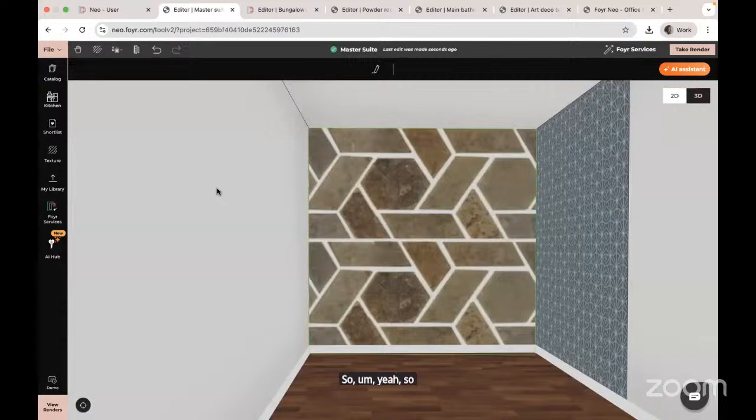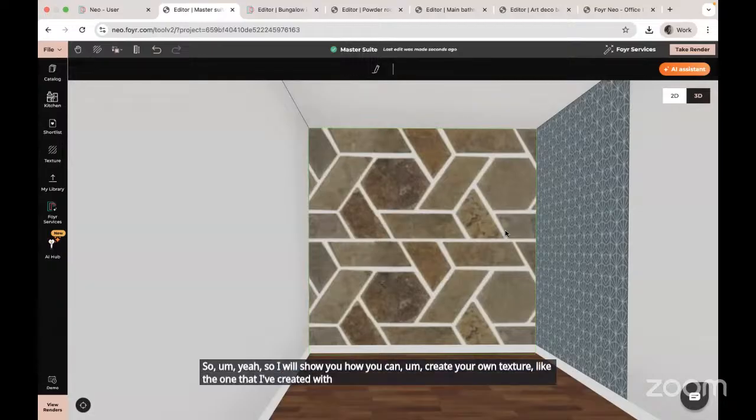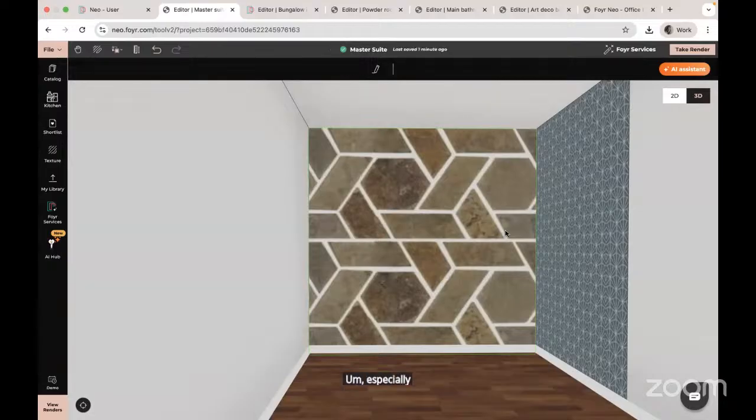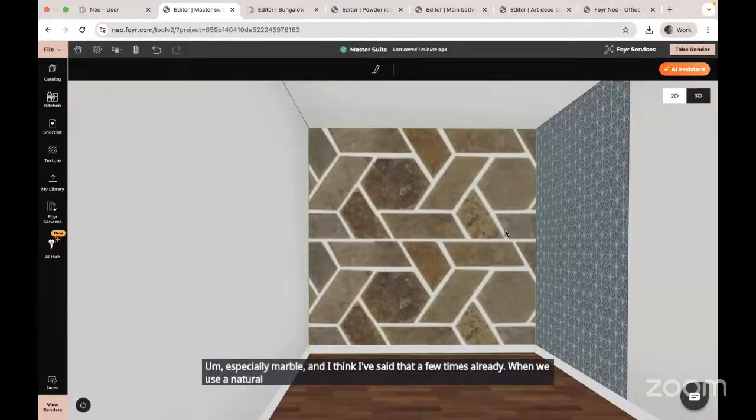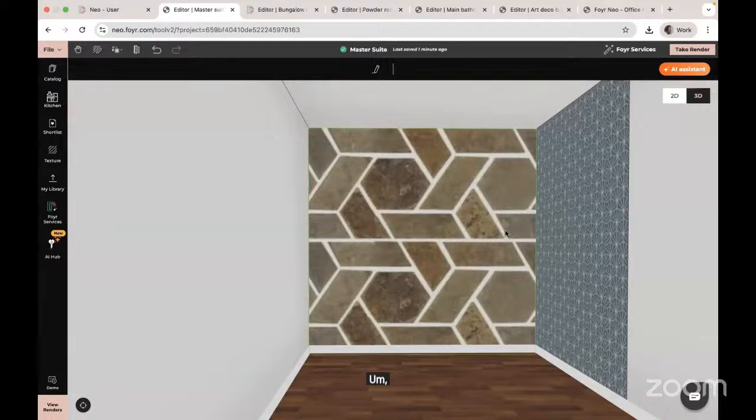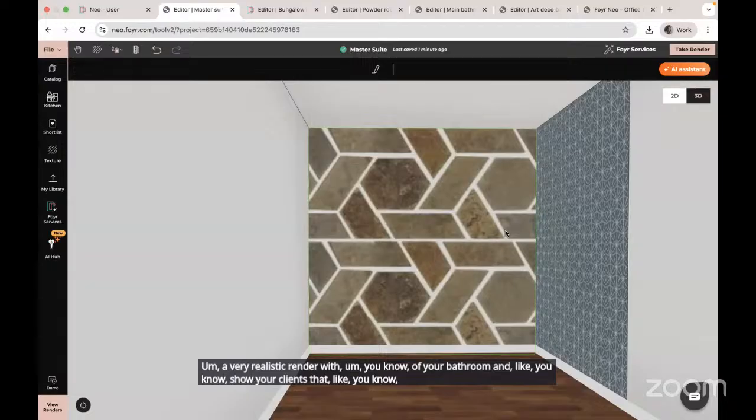So I will show you how you can create your own texture, like the one that I've created with the marble ones. Especially marble, and I think I've said that a few times already. When we use a natural marble, there are no two identical tiles. They will always differ with the veining, or even the colors might be different. So if you want to create a very realistic render of your bathroom, and show your clients that these styles are worth it, because as we know they're very pricey,